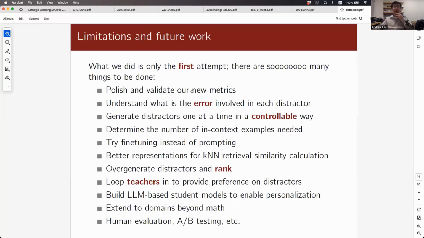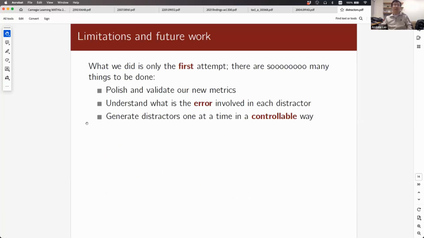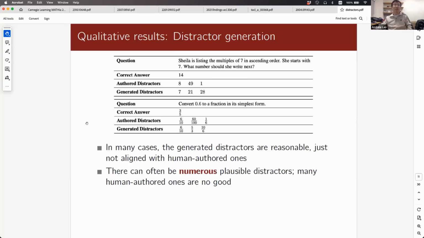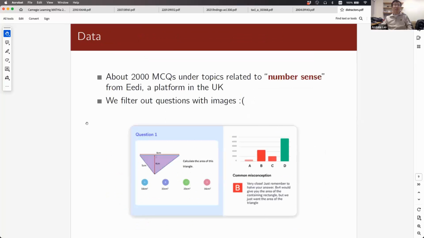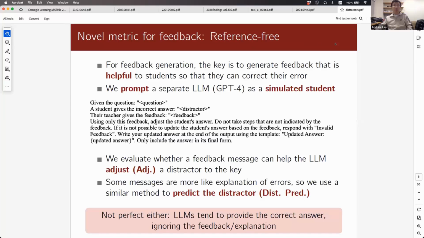Right. So there's a question in the chat from Manolis: I missed how you judge quality for feedback. So when we are evaluating the quality of feedback, we use this prompt to give a separate model, which is GPT-4, the question and the corresponding distractor as a student-selected incorrect answer.